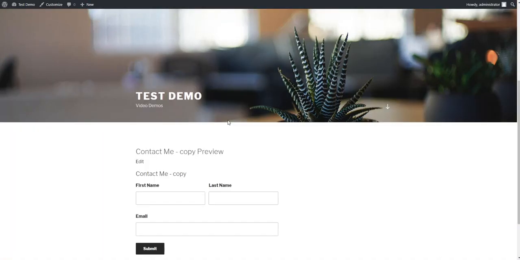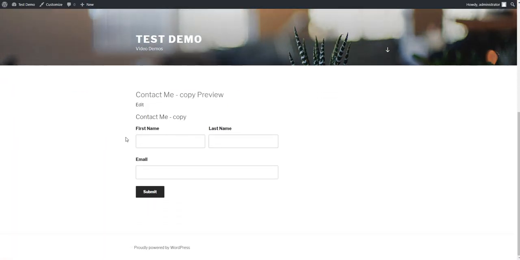Okay, let's preview the form. Okay, all right, see, you have one-half here and the other half here, and then your email address, and then your submit button. Okay, so next thing what we are going to do is we're going to create another form,